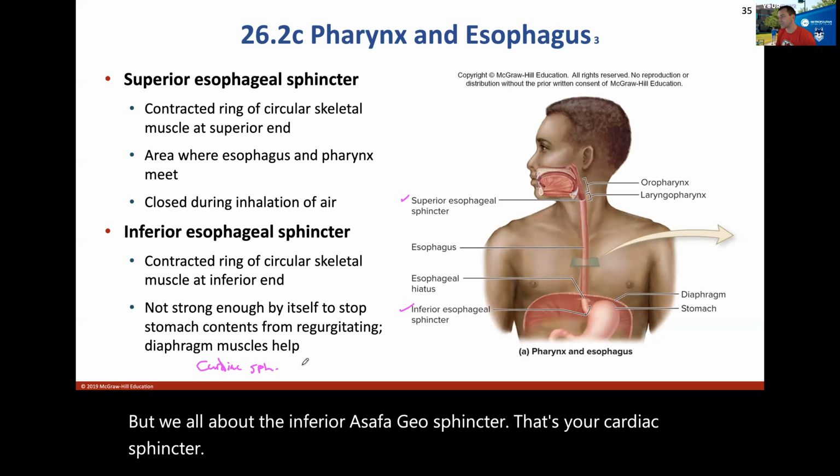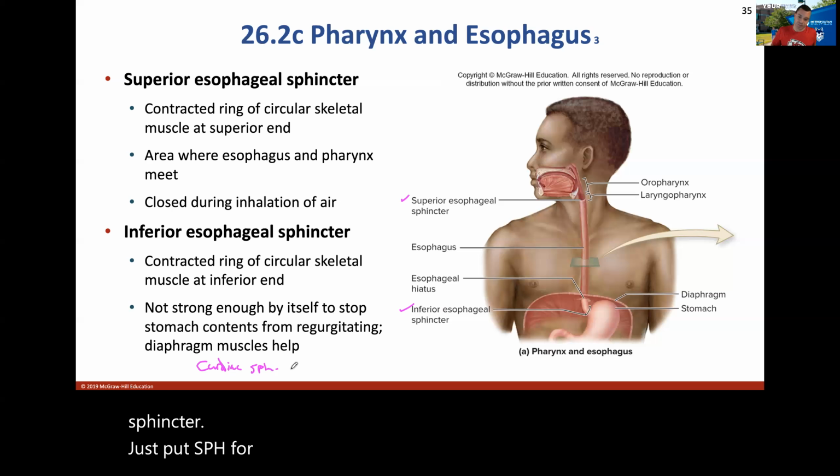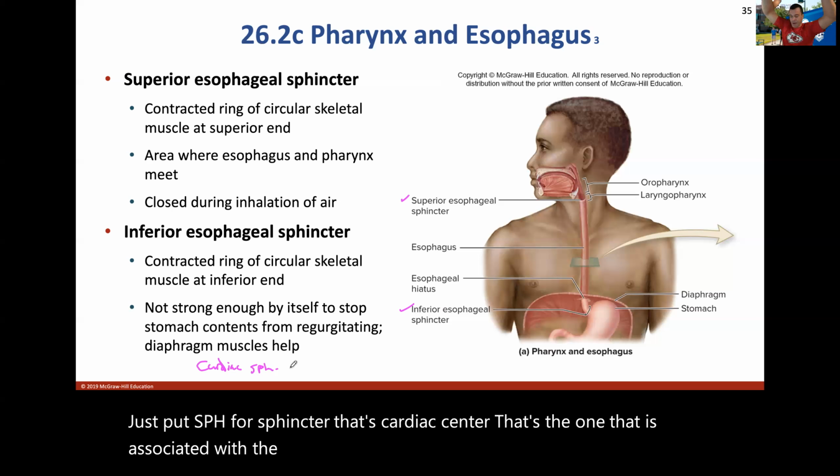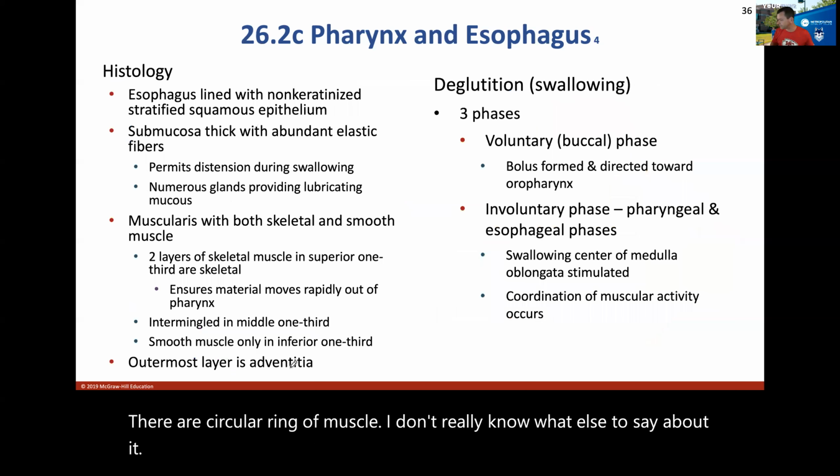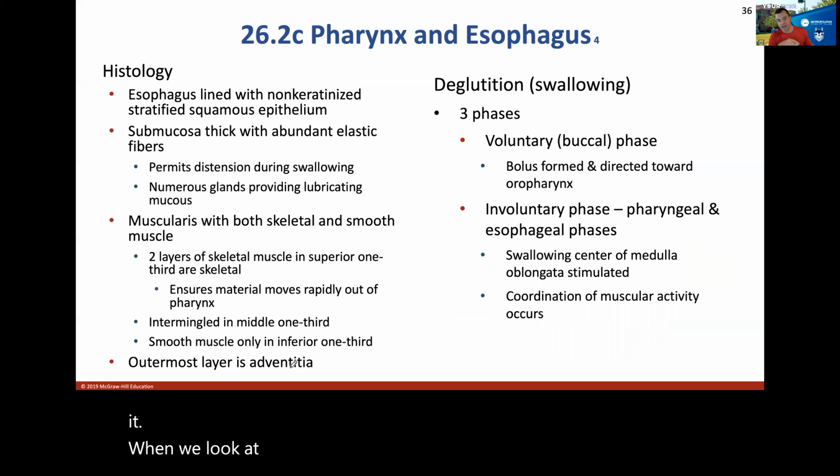Just put SPH for sphincter. That's the cardiac sphincter. That's the one that is associated with the stomach, helps to open up and get contents into the stomach. They're a circular ring of muscle. I don't really know what else to say about it. When we look at the histology of the esophagus,